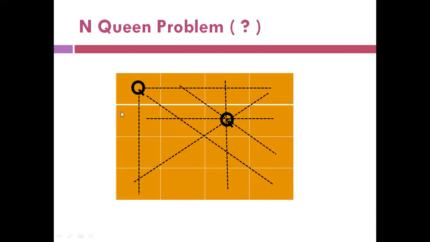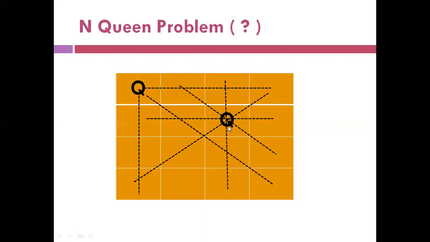The first step will be to place the first queen here in the first position, because then I have no other constraints to satisfy. That's my first component. So I'll add that in my solution set, and I've placed the first queen in the first position. When you place the second queen, you need to check that it cannot be in the same row as the first queen. It cannot be in the same column. So the second queen cannot be placed here. You cannot place the second queen here also because then it will cancel it diagonally. I can place the second queen here.